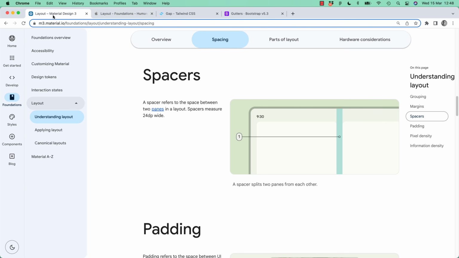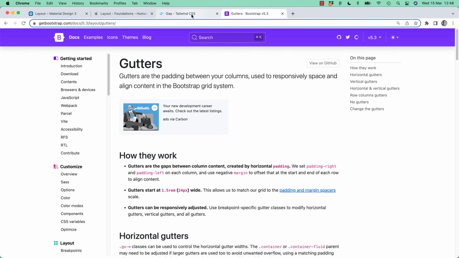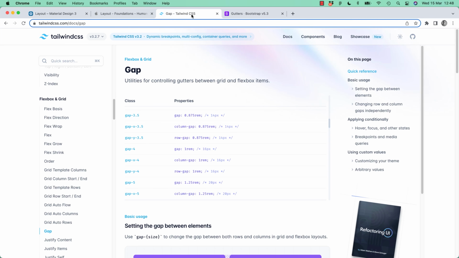If it's Android, it's going to be Material. That's what they call their design system. And they give you lots of helpful things about how things should be spaced apart. If you're going to web, it might be Bootstrap, it might be Tailwind. So talk to your developer, figure out where it's going, what they're building it on, and then have a little read around. It can be confusing, but we need to get started in these sorts of things so that you can begin your understanding of maybe a little bit of CSS, a little bit of code,